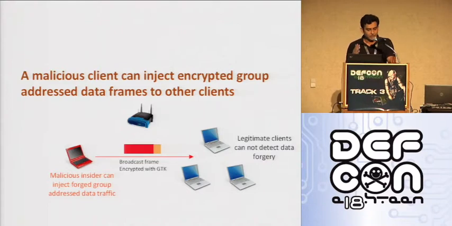So it's clear that an attacker can send broadcast packets, so he can do a lot of attacks. It depends on what kind of attack payload he is going to encapsulate inside that broadcast frame. In this presentation, I'm going to show you three exploits of GTK. The first exploit is basically using an ARP payload to encapsulate and create a broadcast frame.